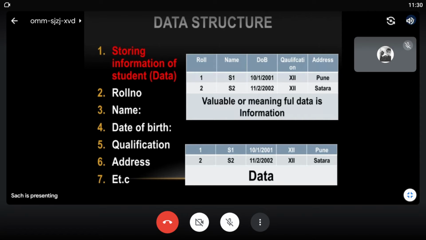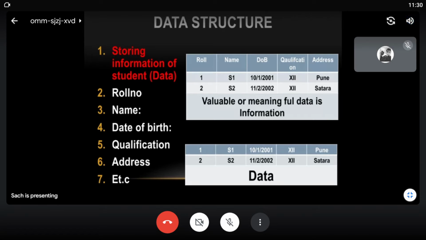Okay. So this data is giving information to us. Whenever you design a data structure and assign values to it, it gives us meaning. What is the data about? You can see the second table, which is plain data, where the headers are removed.